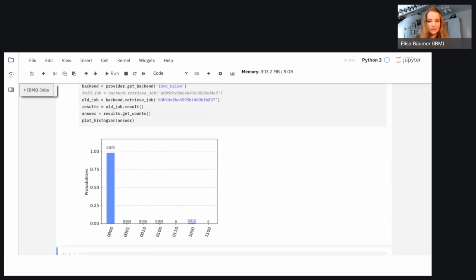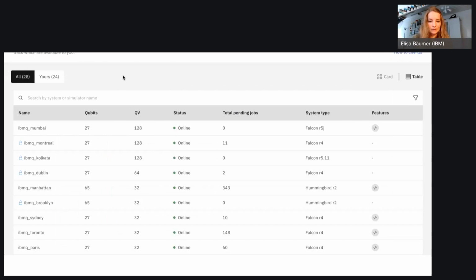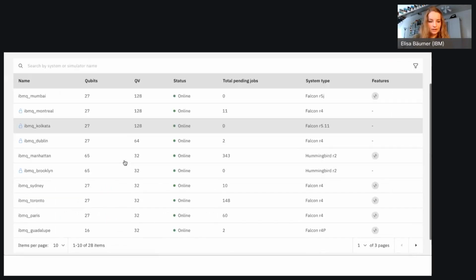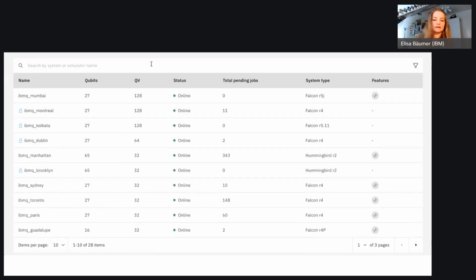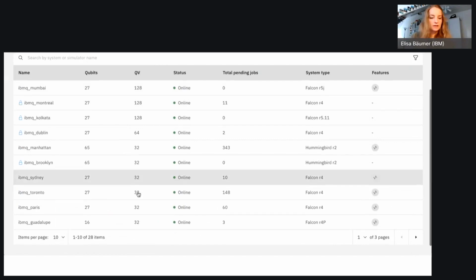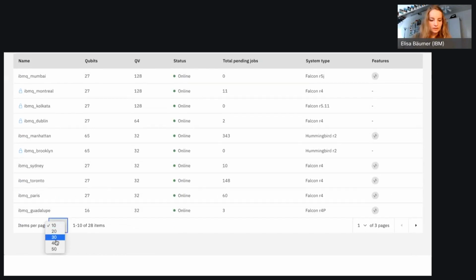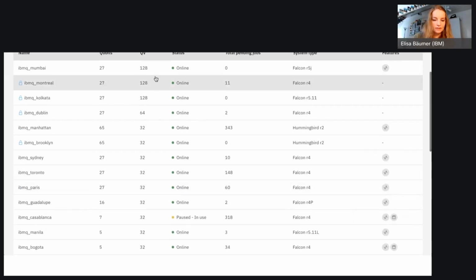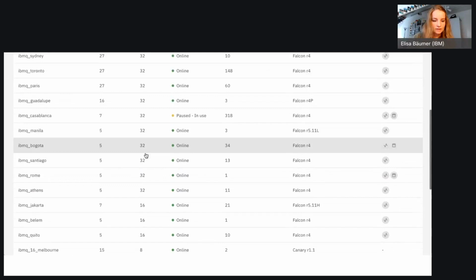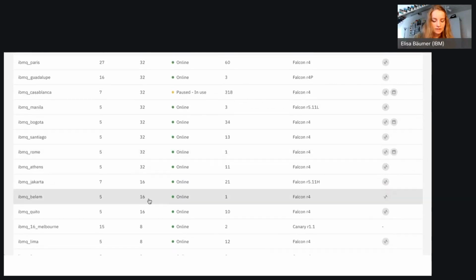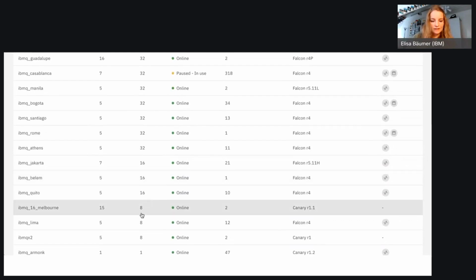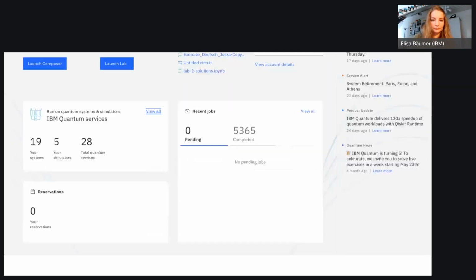So this device is much better regarding noise. So if we look at all the devices here, we can, for example, see the quantum volume, and we can see the Belay device has 16, and the Melbourne device has only 8.